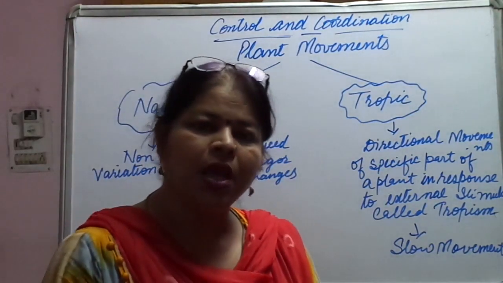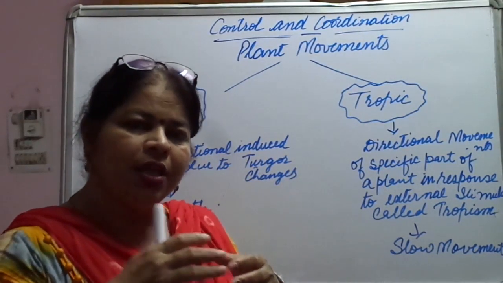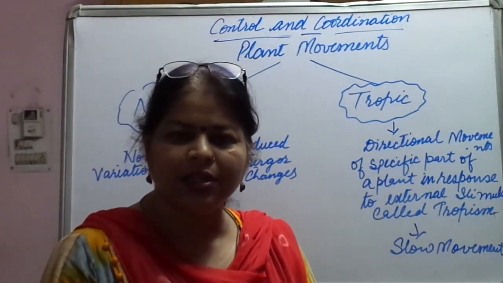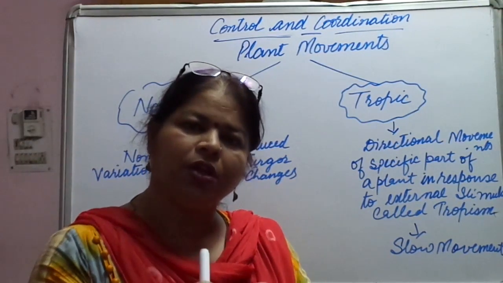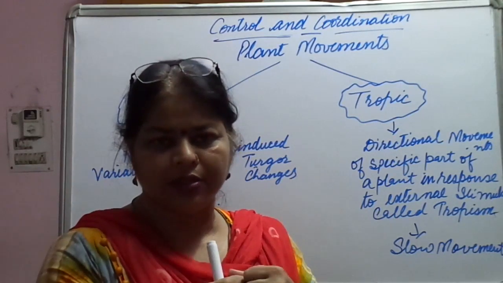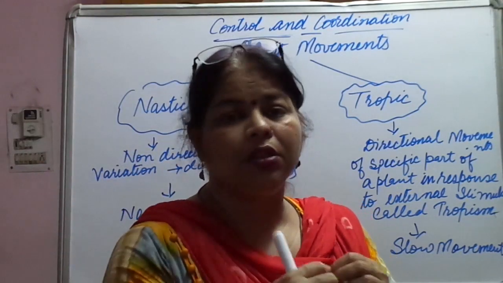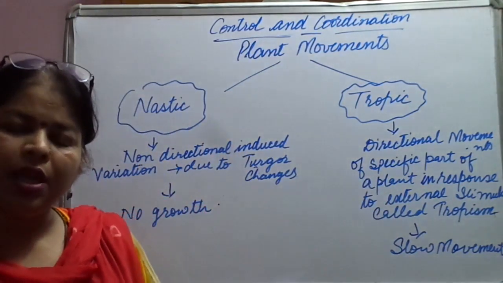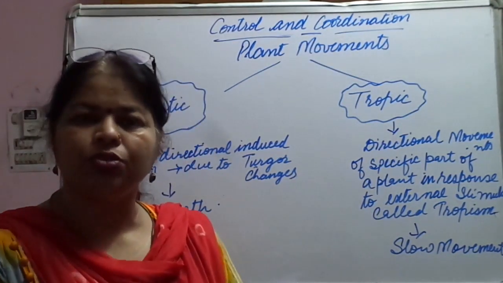Okay, how does it happen? As soon as you touch the leaves, the water from the leaves is sent to the nearby parts of the plant. As a result, the turgidity is lost and the leaves of the plant wilt down. Okay, they curl inside. After some time, this sensation is over. What happens? The water is again sent to the leaves and as a result, it again becomes turgid and the leaves are spread. But if you touch it again it is going to show the same.